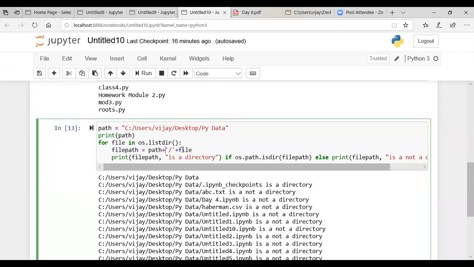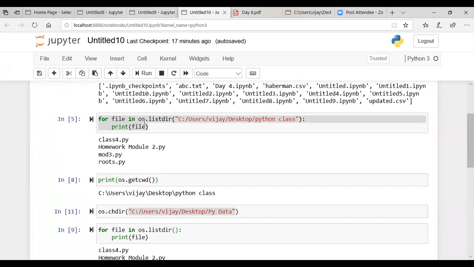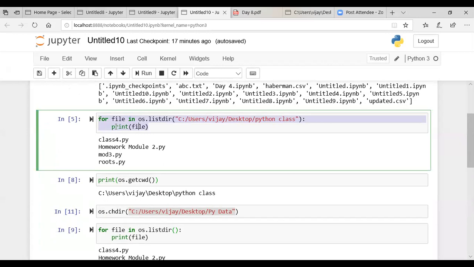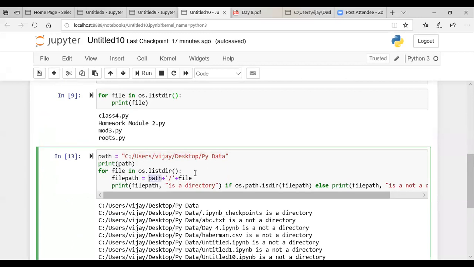What is this file? File is nothing but the name of the file that we have seen previously. When you print this file, it simply displays the names of all the files present in the directory you have mentioned. Same way over here, this path would be the path till the parent directory, and file would be the name of the file.